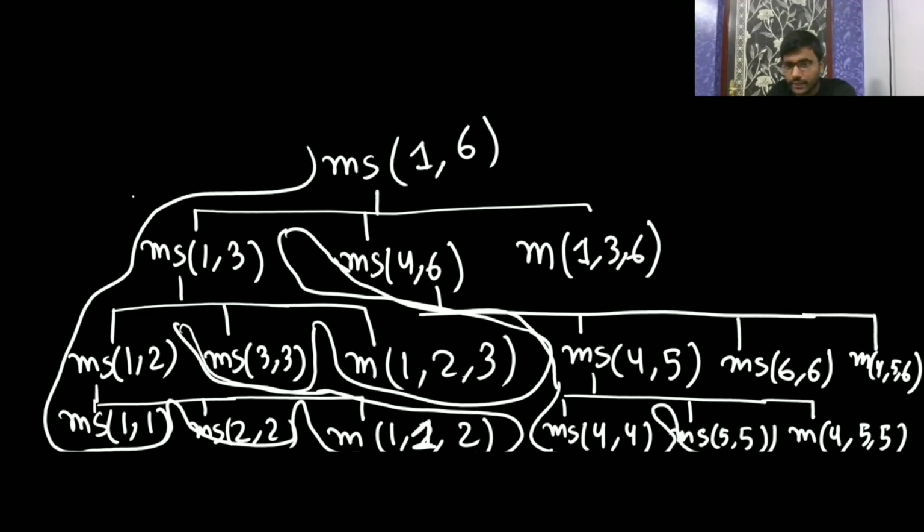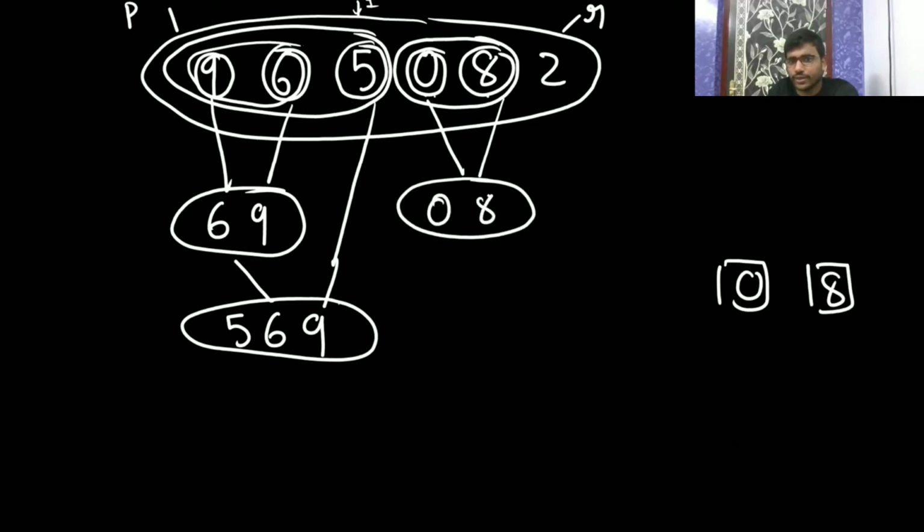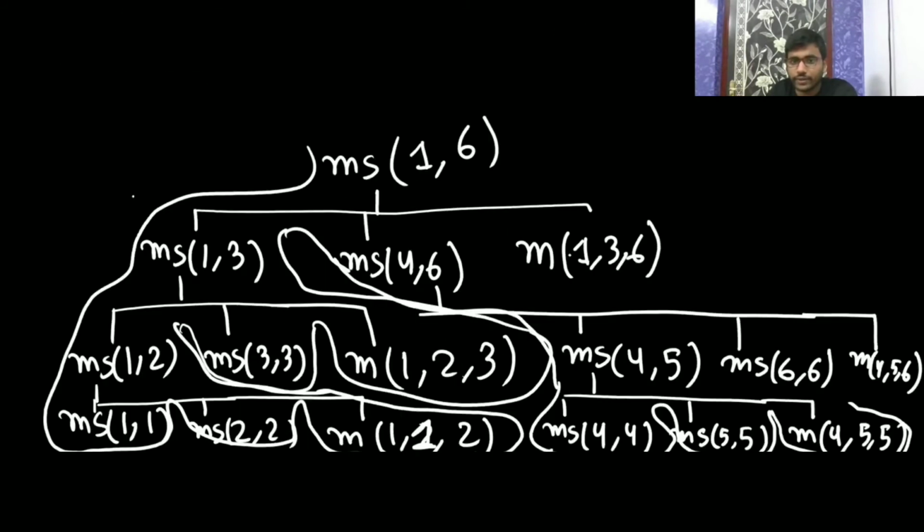Then you are going to call the merge function on 4 5 and the index still 5. So now you are going to merge from the index 4, mid index is also 4, and the right index, end index, is 4. If you merge these two arrays, say I give you these two arrays of a sorted list, after merging you are going to get 0 8. Now this is done. On 4 5 it's done.